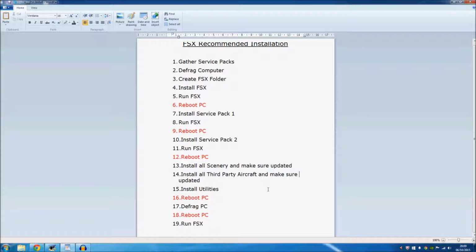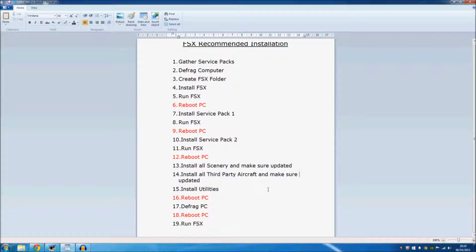So defrag the PC, give it a good clean up, and then you can reboot it, and then you're ready to run Flight Simulator X again. So after everything's installed, or you've installed what you need to install, defrag, reboot, run Flight Simulator, and then you can start playing with the settings. You might want to give it a test run on its own after everything's been installed, make sure it's working right, because once you do install stuff, you'll get the trusted software alerts for your configuration file. Do you trust this? Do you trust that gauge? Do you want to load this? Do you want to install that? So you've got to go through all that, get all that cleared up, then you can run FSX